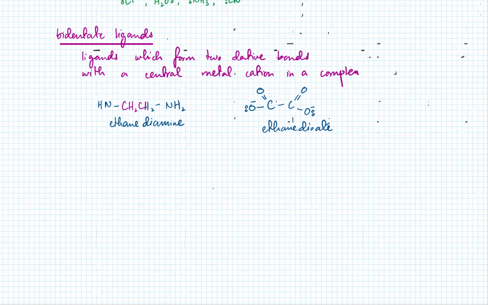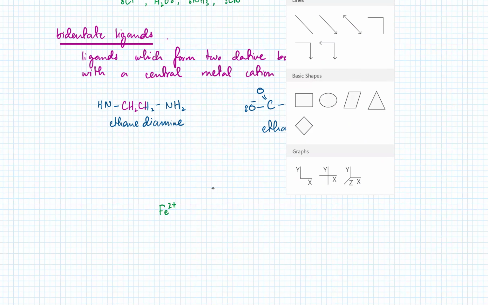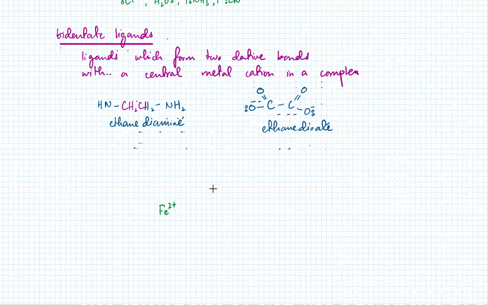You'll be asked to draw these. For example, I've got an iron 2 plus complex, right? And the iron 2 plus has ethane diamine attached to it. So since it's got ethane diamine attached to it,